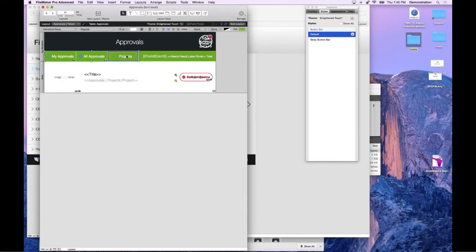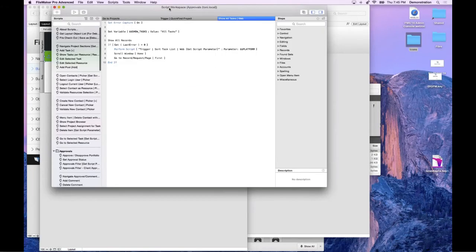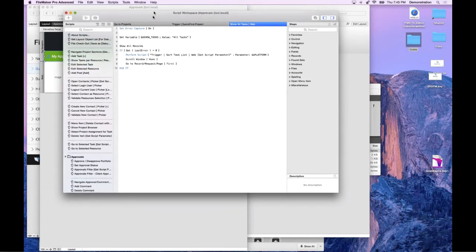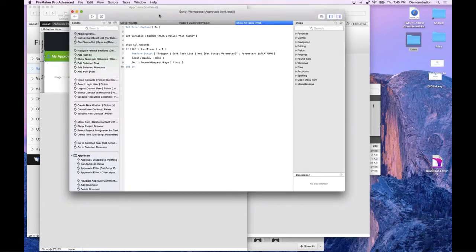Back here, I converted that single step button to a script. So now let me bring up the script workspace and show you what happened there. So here's my script workspace, and I'm just going to zoom so it takes up the whole screen, so you guys in the back can see it a little better. I've got a couple of scripts selected, but I'm going to close them all